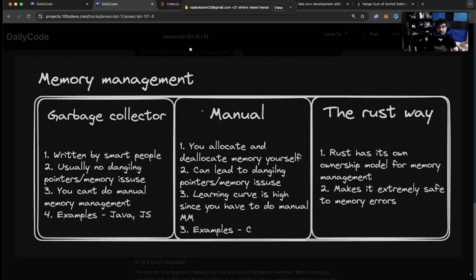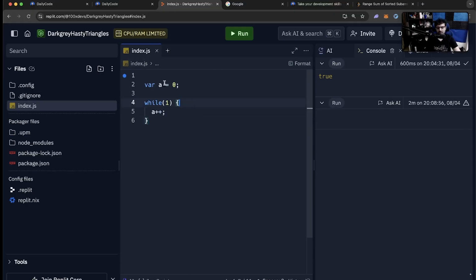Now, what is memory management, Harkirat? Basically, whenever you're writing code, for example, I've written this code, this variable is stored somewhere in memory, somewhere in RAM. So storing data in there, changing data in there, removing data from memory is what's called garbage collection, or memory management more specifically.